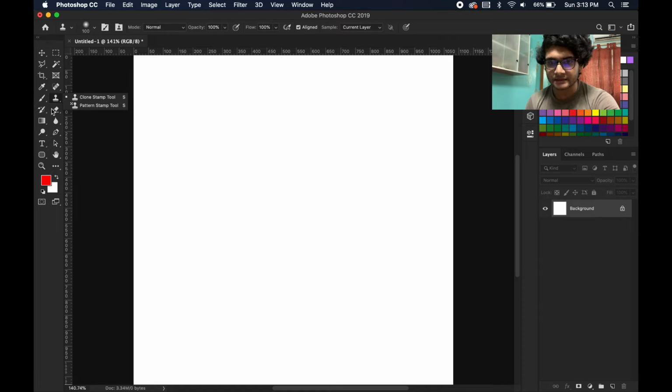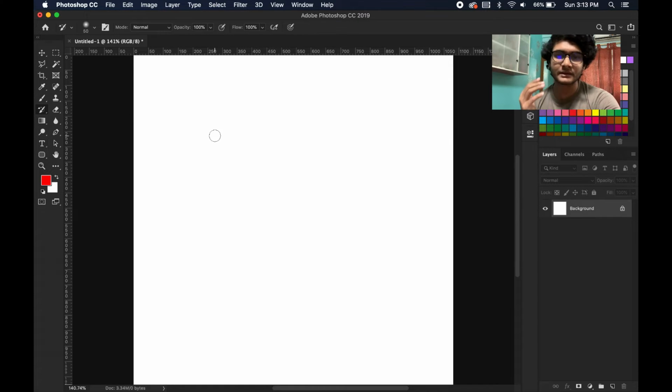And here is the history brush tool. Okay, the history brush tool, but this is a tool which I don't work with at all. I have been using Photoshop for so long, and I have never used this tool at all. But if you do some brush corrections, there are many tools in Photoshop which use brushes.